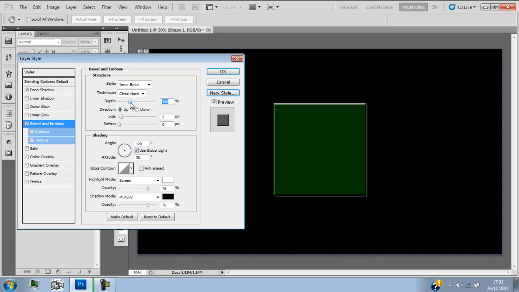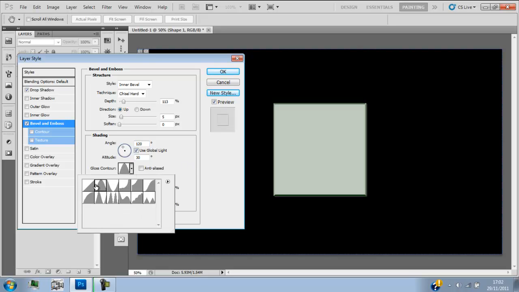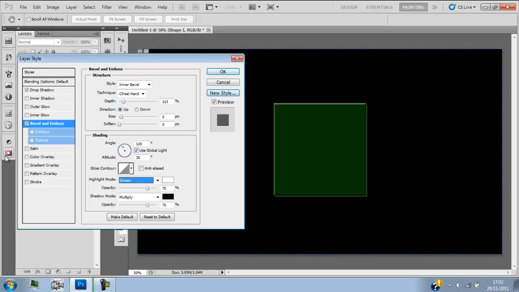The depth, you can change the depth of it. I like it low though. You can change the direction, so it's indented this side or not. Confusing. Right, you want this on 5, this one's 0, but it doesn't really make much of a difference. You can change that angle so that you could have it on 90, stuff like that, but leave it on 120 because it's a bit out. No, don't use that, just straight. That's all the same. Contour,